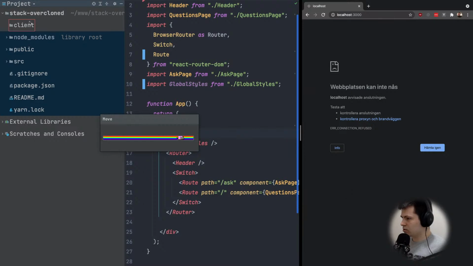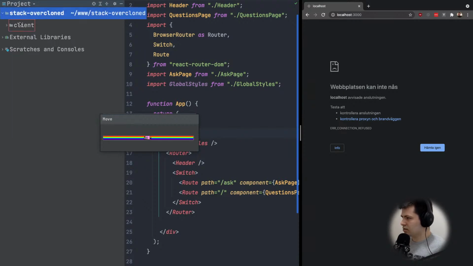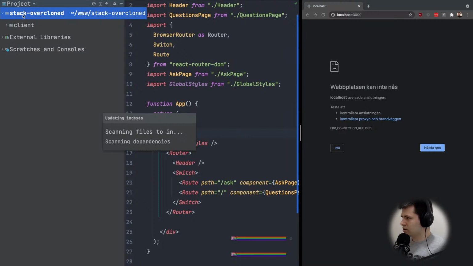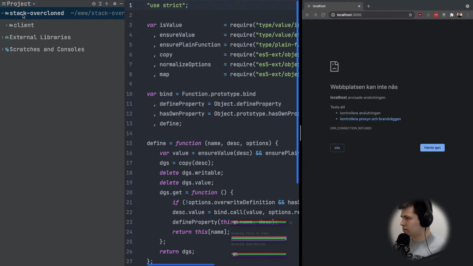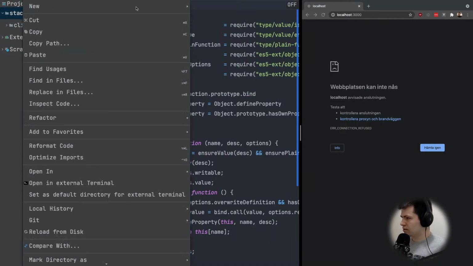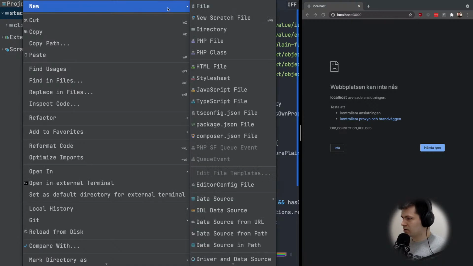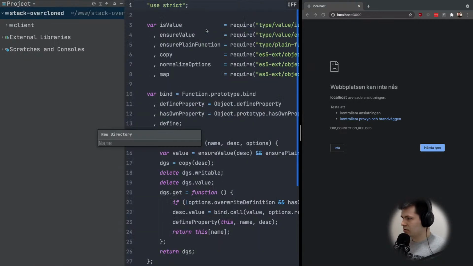Okay, that was not smart of me, but yes, then we will create API directory where we will use expressjs and mysql to do some backend stuff like login, registering users. So let's call it API,